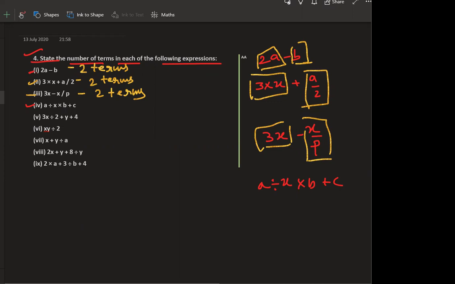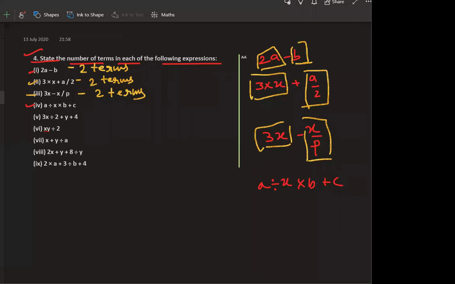Okay, now am I audible? Okay, fine. So let's talk about this one now. Now tell me how many terms are there in this expression? 2 terms or 3 terms or 4 terms? What is your answer? 5. Okay. Actually, there is some network issue there today. So you just have to focus.